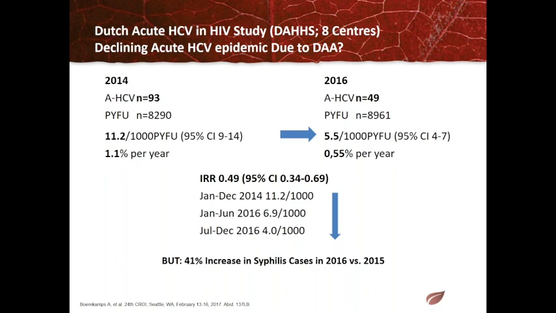And indeed, in the next slide, you can see that when they looked at their acute hepatitis C studies and compared 2014 and 2016 enrollment, the number of patients presenting dropped by 50%, suggesting that the widespread access to hepatitis C therapy and the inclusion of many patients for treatment has led to a decrease in new infections. And obviously the first question someone asked was, well, maybe they just don't have as much sex in 2016 than in 2014, but there was an increase in syphilis cases by 40%, so it was not a lack